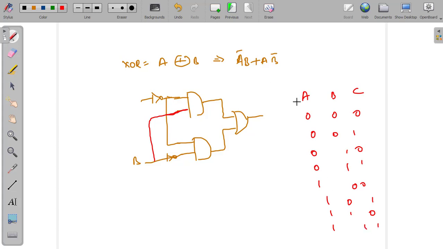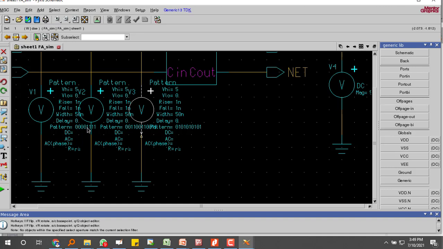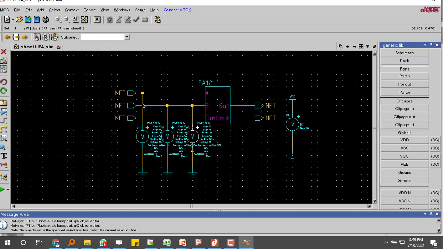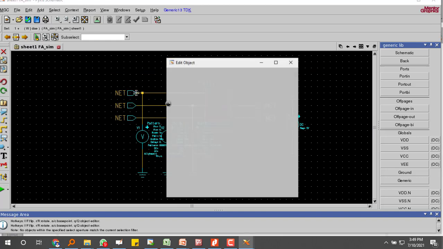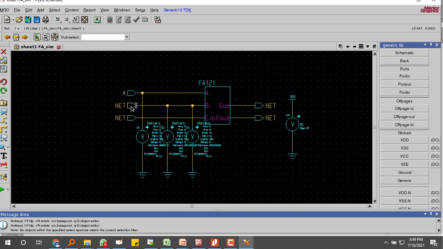So I have given A as 0 0 0 0 1 1 1 1, B as 0 0 1 1 0 0 1 1, and C as 0 1 0 1. The same thing I have reflected in my pattern. So this one will be giving the exact truth table. Now change the input values. Remember, always change the input values, otherwise your experiment will not be simulated.